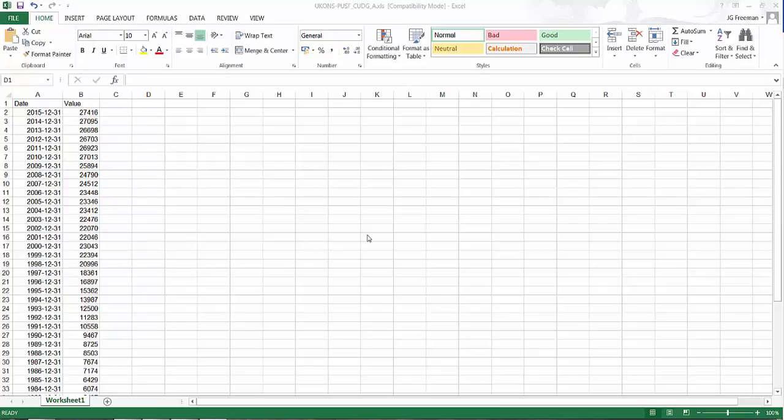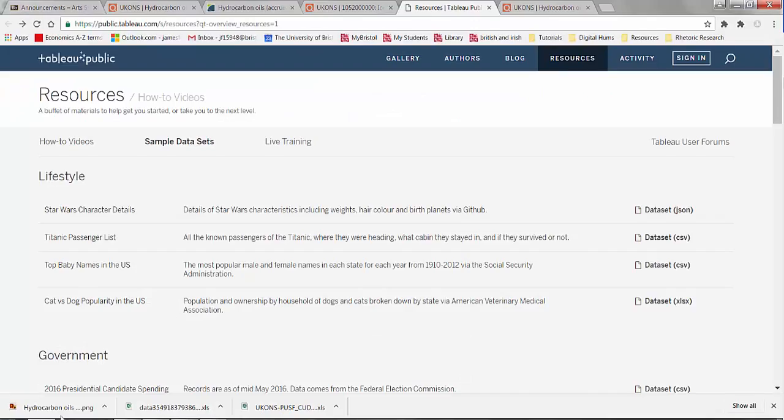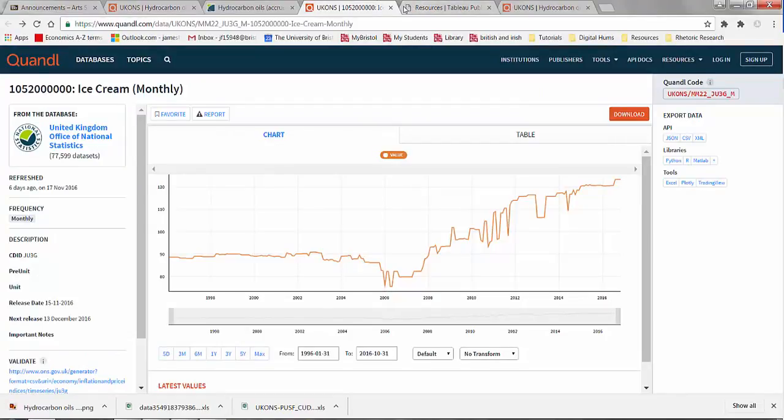Now, how I'm going to approach showing you how to do this in Excel is I've got some data here from Quandl, which I've mentioned to a couple of you, and on the Blackboard site. Now, Quandl is a kind of data repository, or a market for data, and a lot of their data is commercial data that they try and sell you and get you to sign up for, but they also host, in a kind of easy to access interface, a lot of public data sets which are available